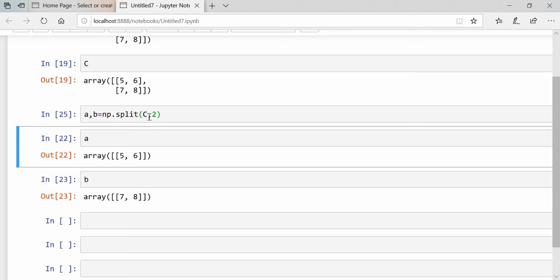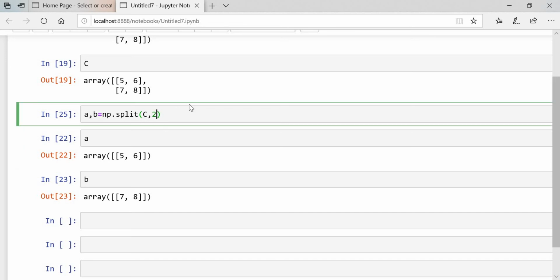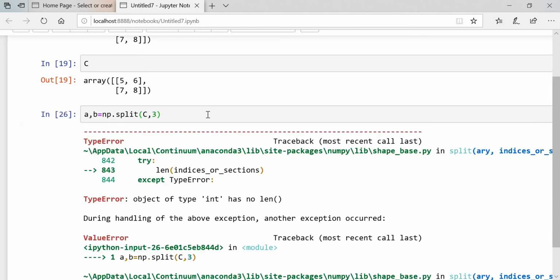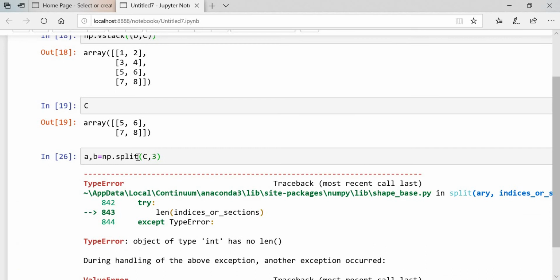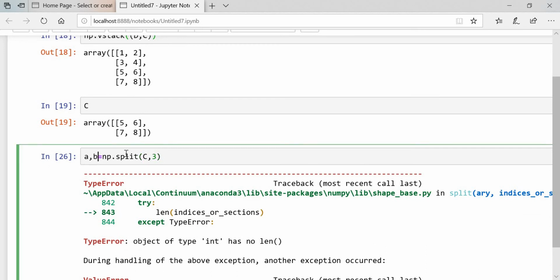So in that case, if you want to convert this matrix into three different matrices, I will simply put a third one, C, and here I will remove these things first.